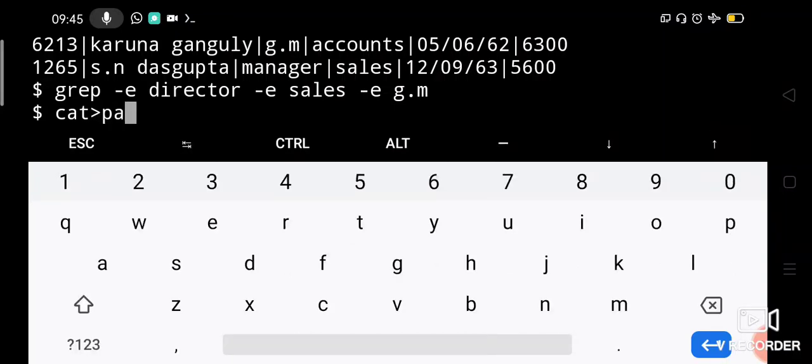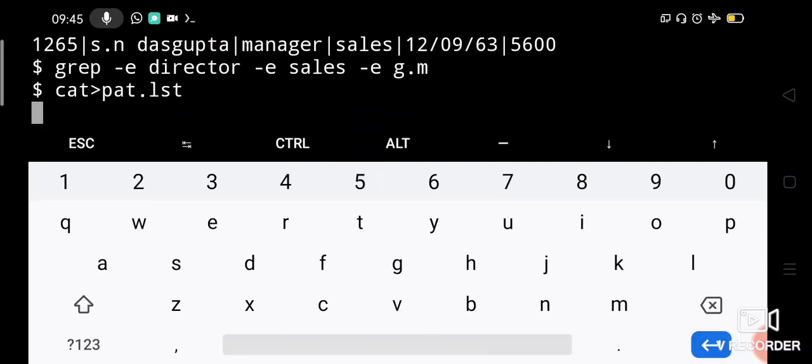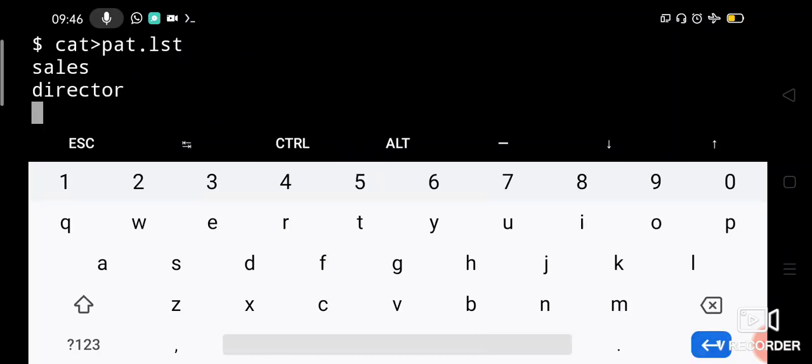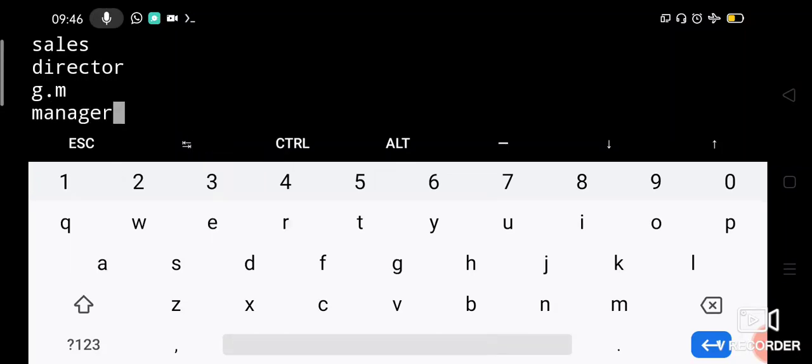I will take in short pattern.list. Now I will store all my patterns here. I want to search for sales, director, GM, and also manager. These are the things I would like to search.